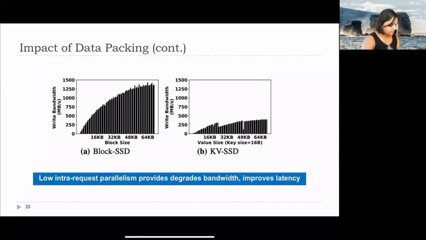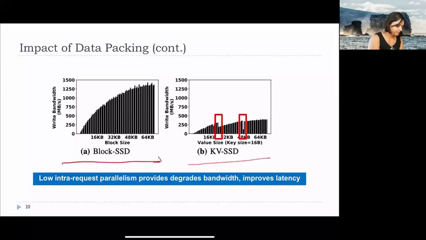Some other things to discuss about the impact of this data packing. We see that the low intra-request parallelism also degrades the bandwidth, but improves the latency, as we just saw in the earlier plot. Why do we see this degradation of bandwidth? As we see over here, when we compare this key value SSD plot with the block SSD plot, it is because